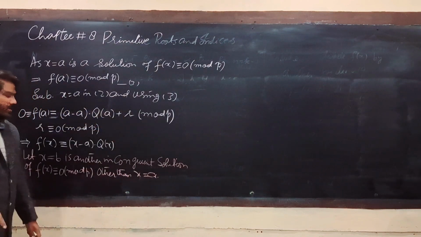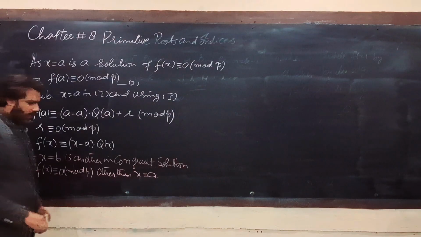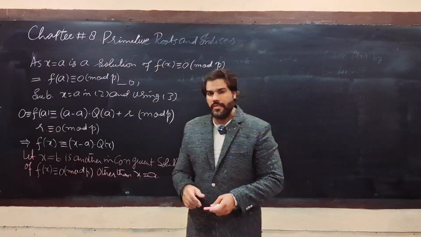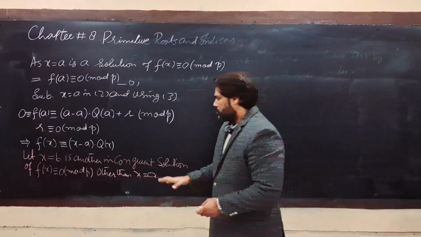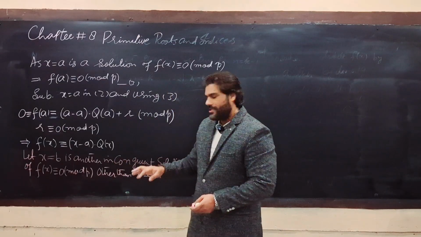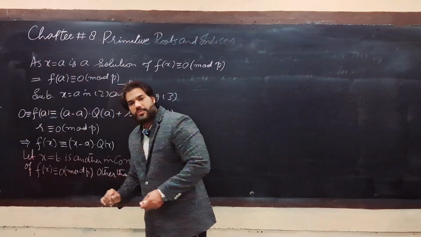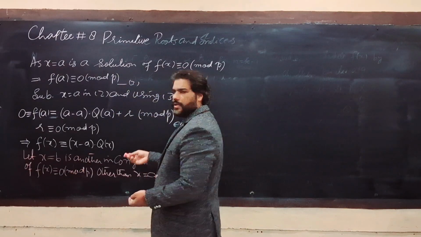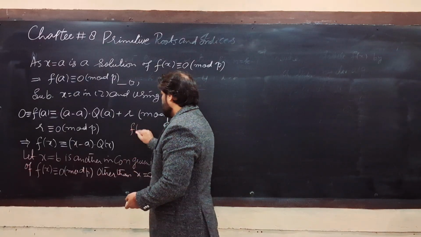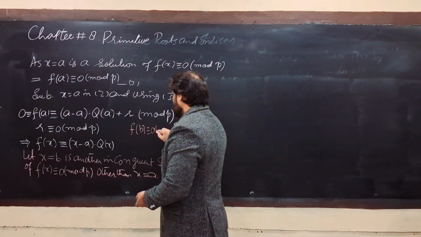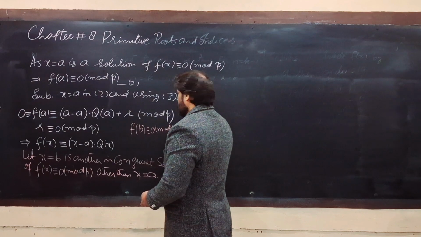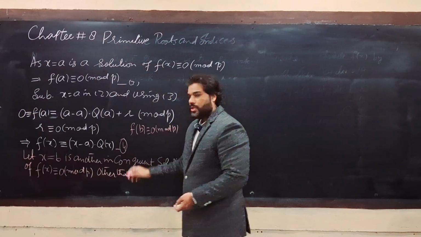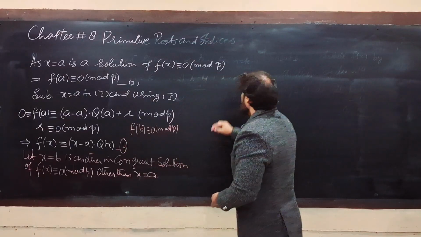So if x is equal to b is another solution, because we have stated that this polynomial has at least one solution, we can say that there exists another solution x is equal to b for this congruence. So if x is equal to b is its solution, then clearly it will satisfy this congruence, and we can write f of b congruent to 0 modulo p. Say this is my congruence 4. Now substitute x is equal to b in 4. We have